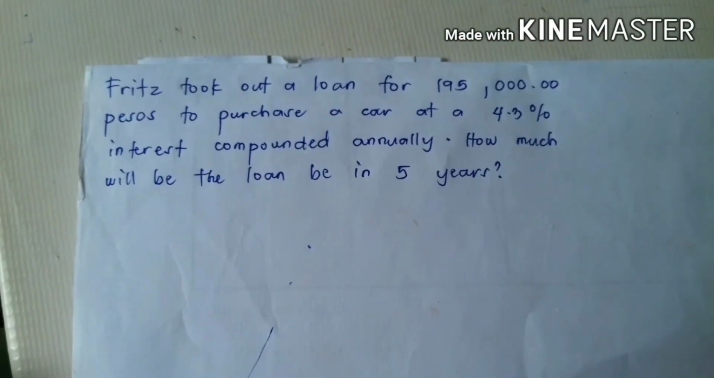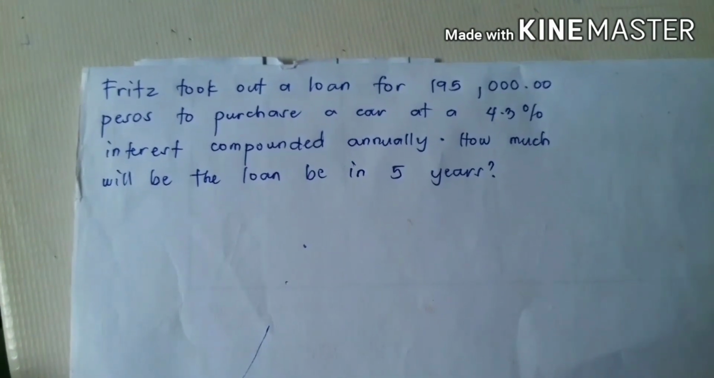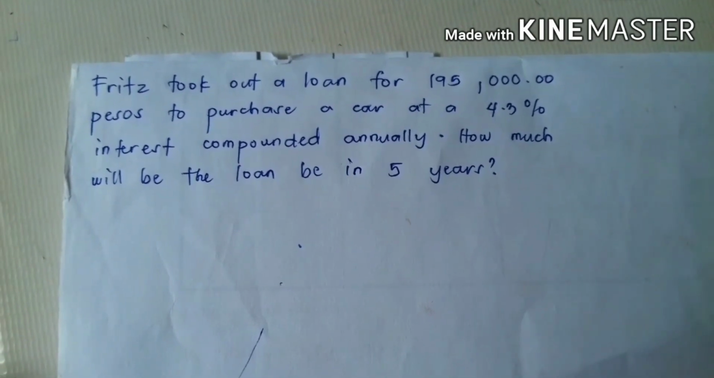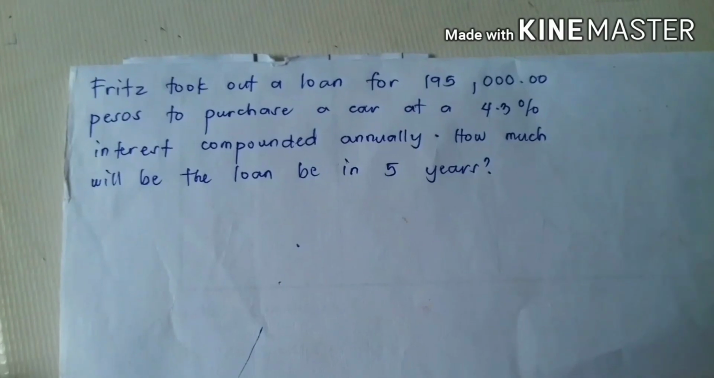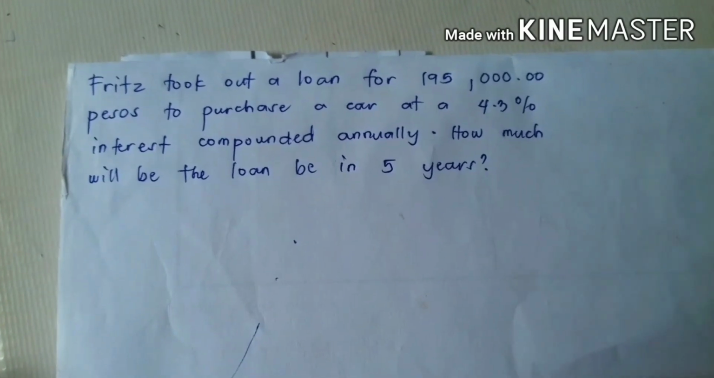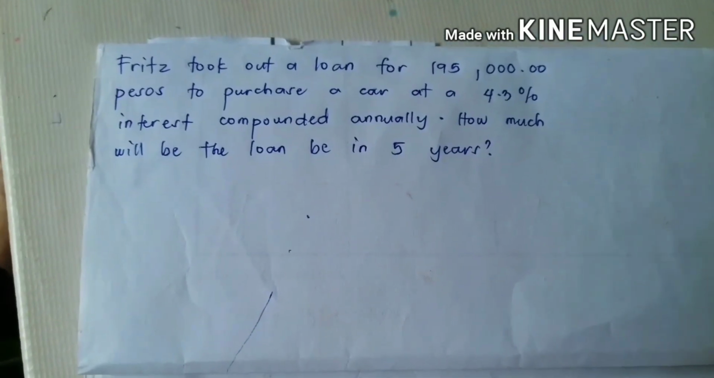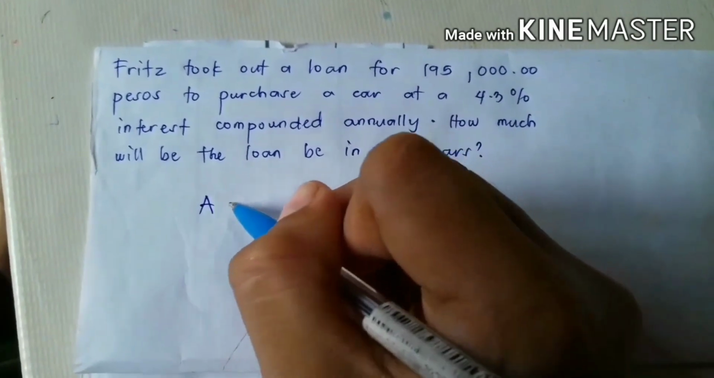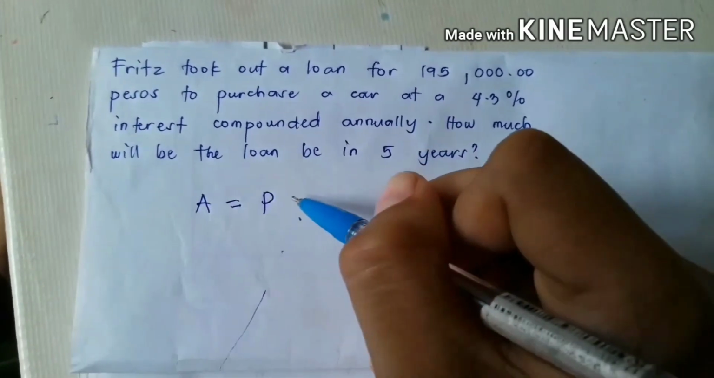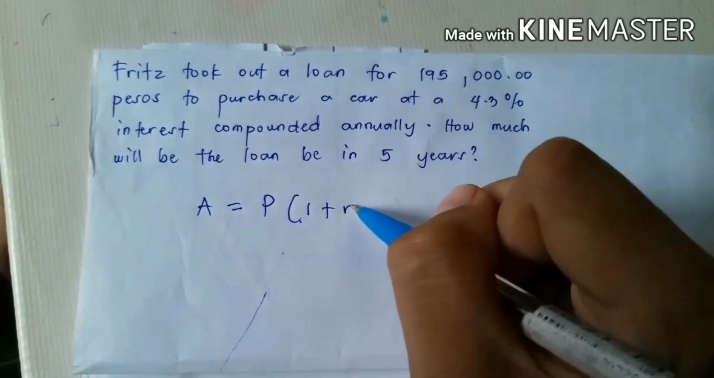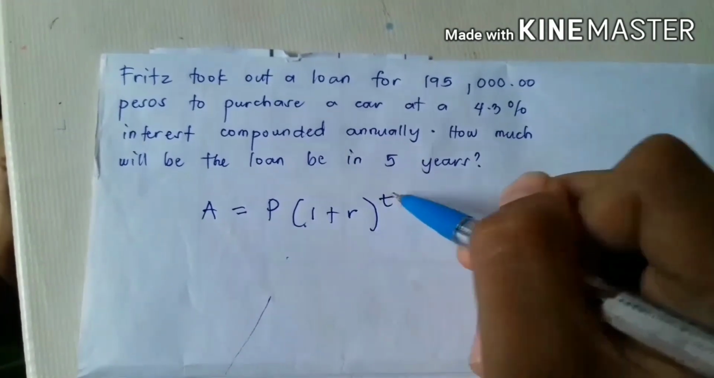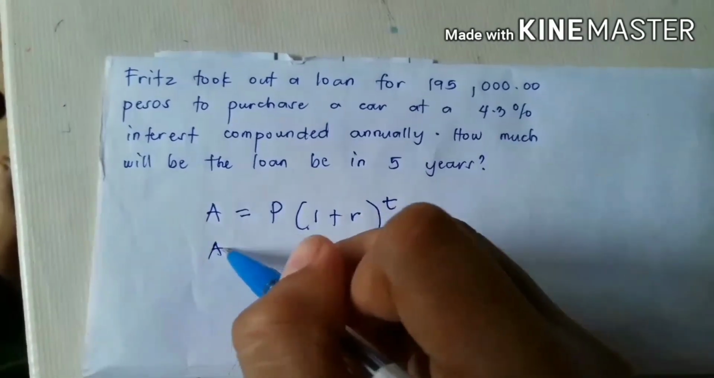Fritz took out a loan for 195,000 pesos to purchase a car at a 4.3% interest compounded annually. How much will the loan be in 5 years? We are going to get the total amount of compound interest. Formula: A equals P times (1 plus R) raised to the power of T, where A